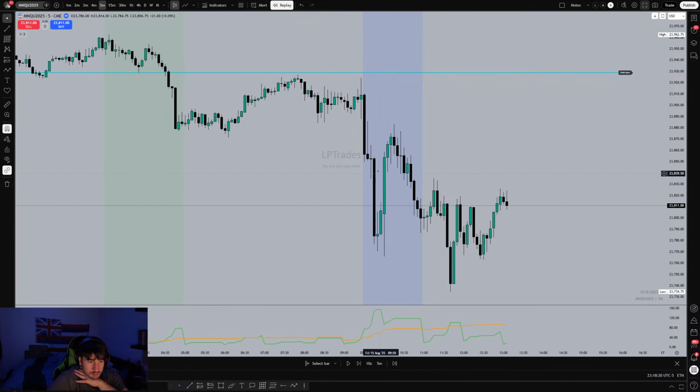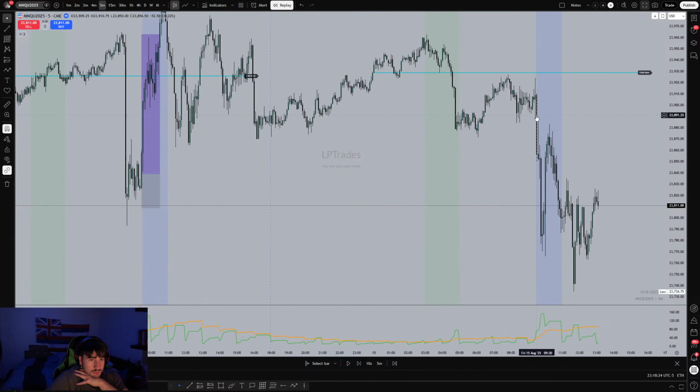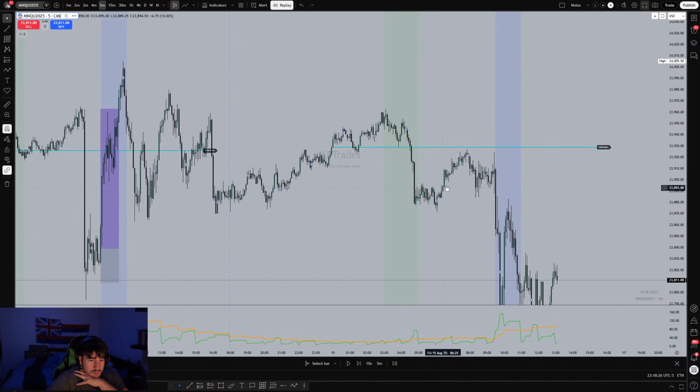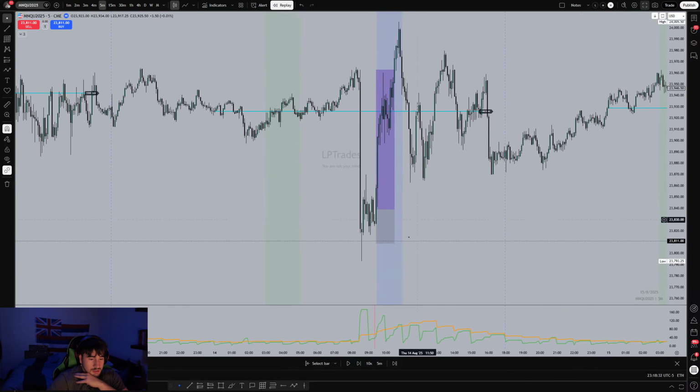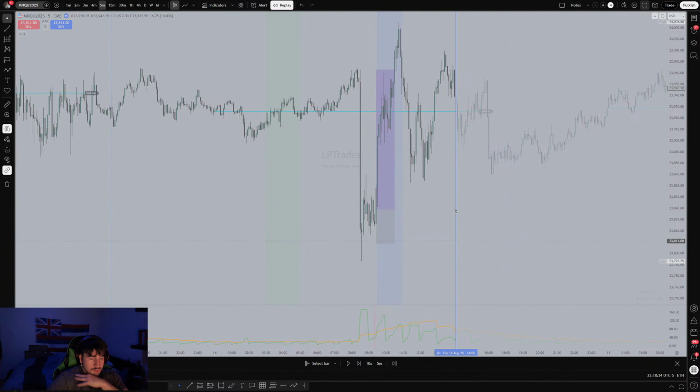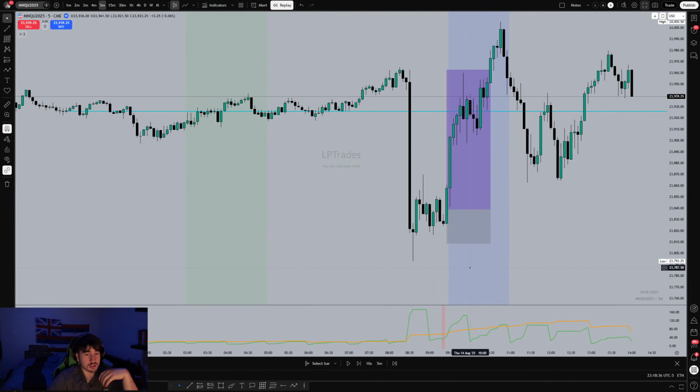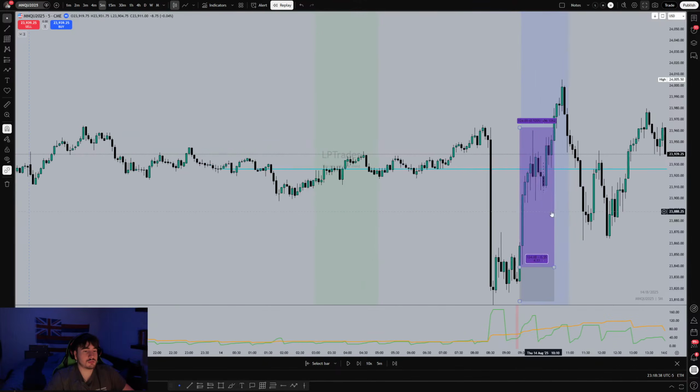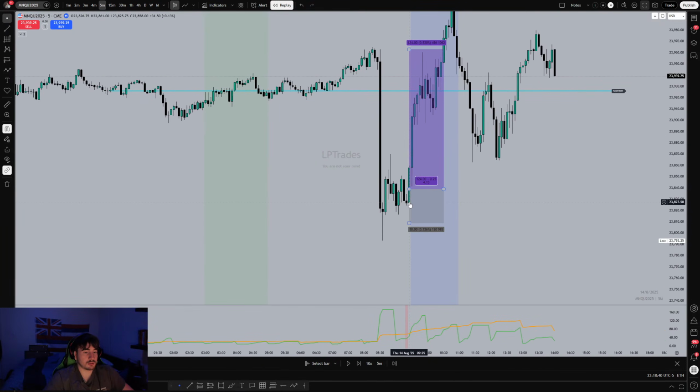But back to what I was saying. Here we're beneath midnight, but we don't take any liquidity lower around 9 a.m. so no trade. When I was looking at March, I had a lot of trades, so this must just be like a slow period for this model, which isn't bad, but